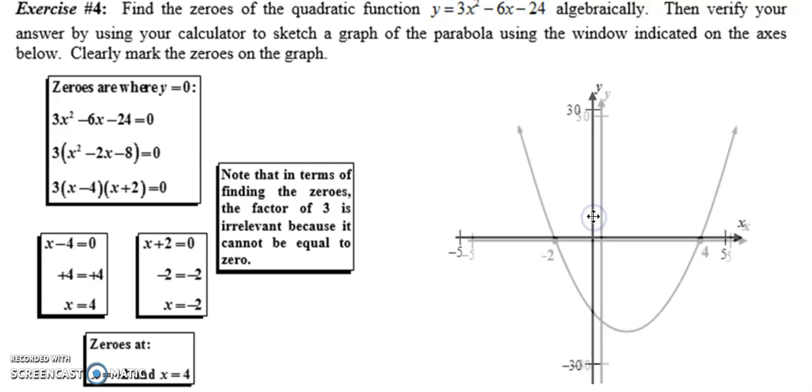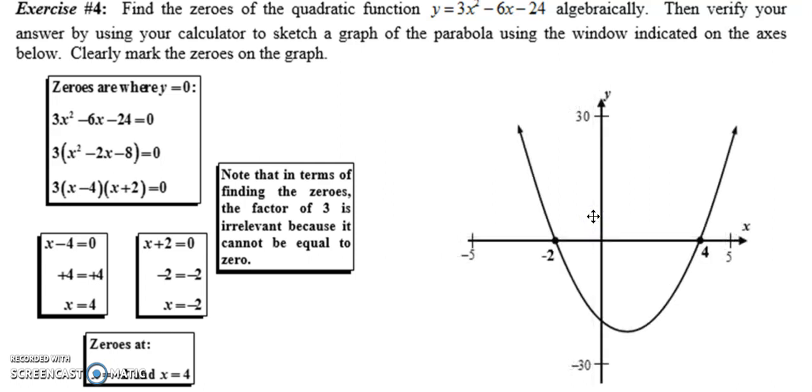Alright, did your graph come out looking something like this? Hopefully it did. You're just sketching it, but notice that it did hit the x-axis at -2 and 4. You could verify using your table. And you guys just learned how to solve quadratic